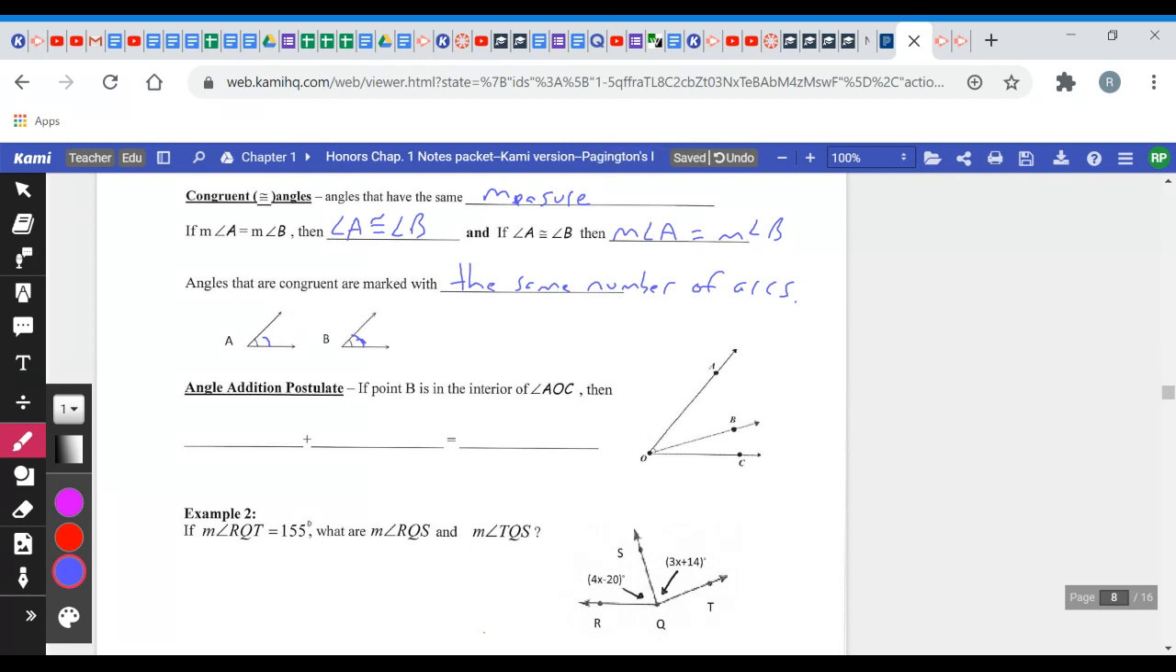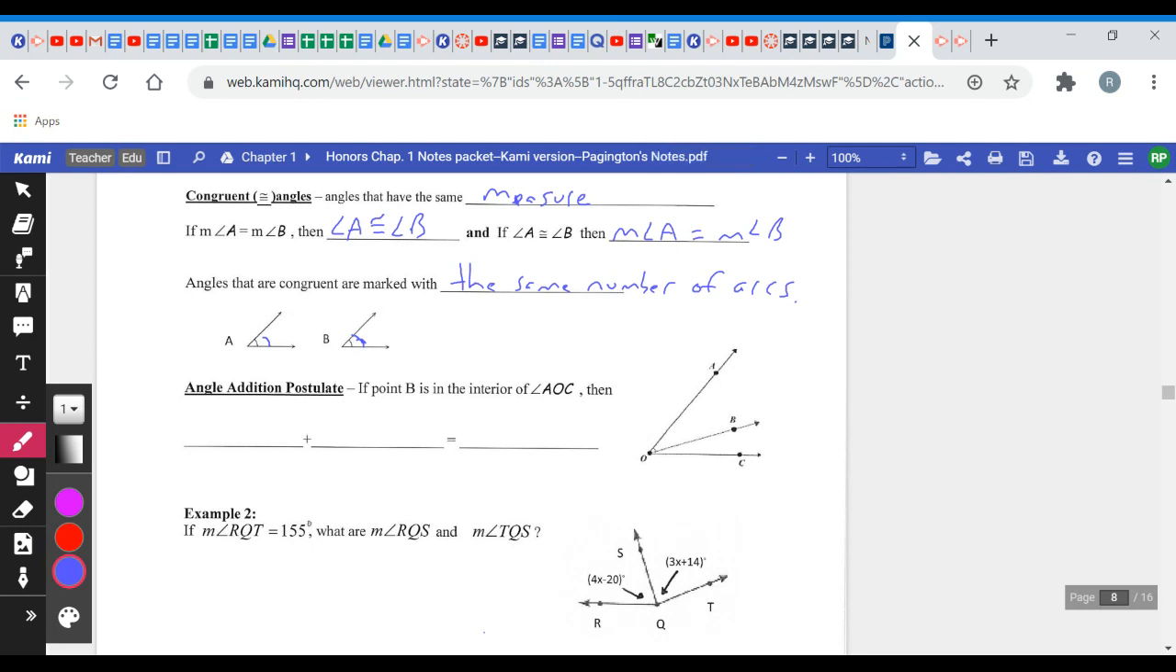Now we have the angle addition postulate, just like in section 1-3, we have the segment addition postulate. I told you, segment addition postulate was going to get used a ton in geometry. Same thing with angle addition postulate. It's the same idea. It says if point B is in the interior, or like we said, inside of angle AOC,